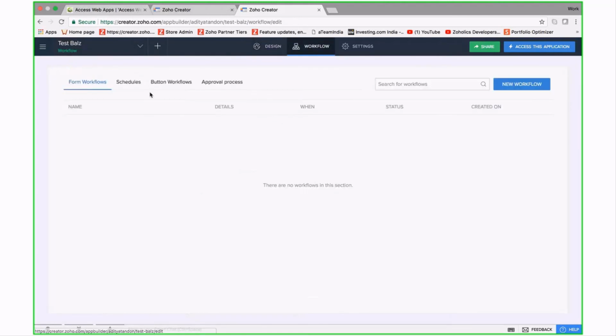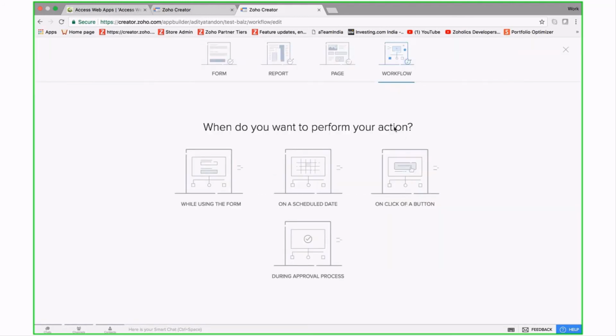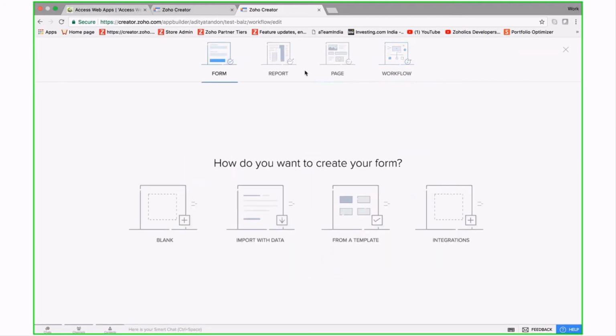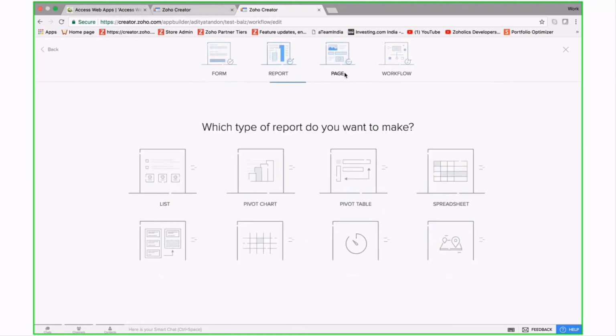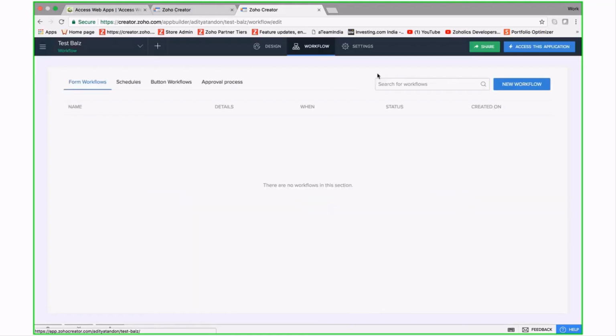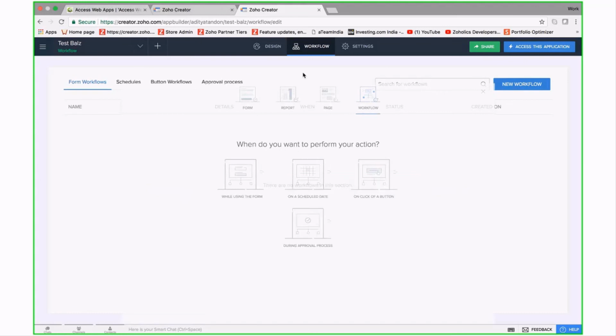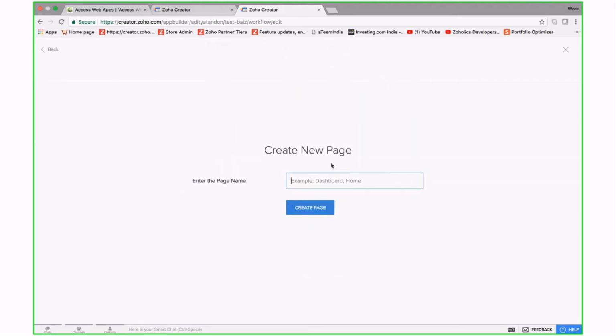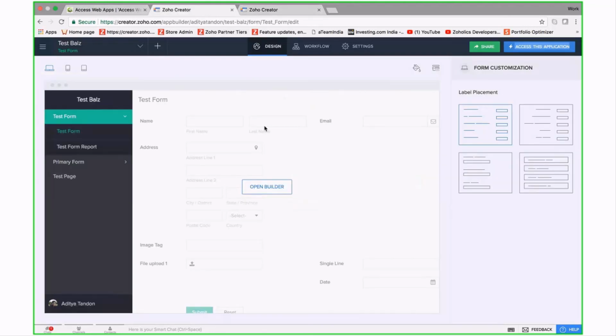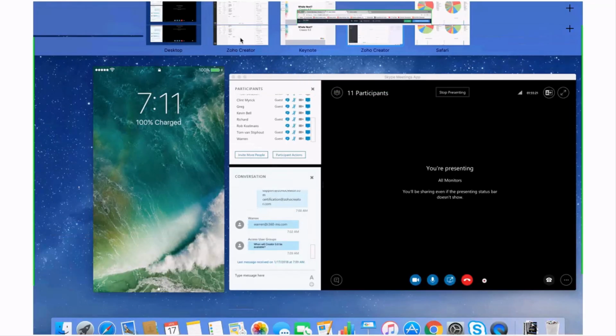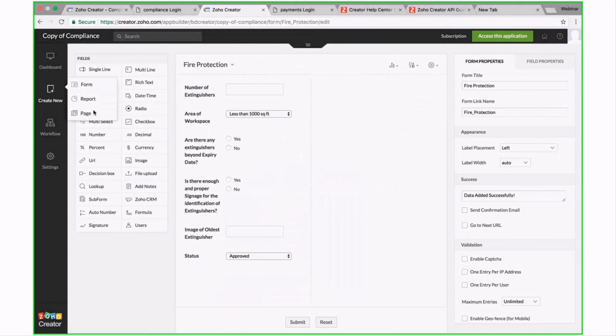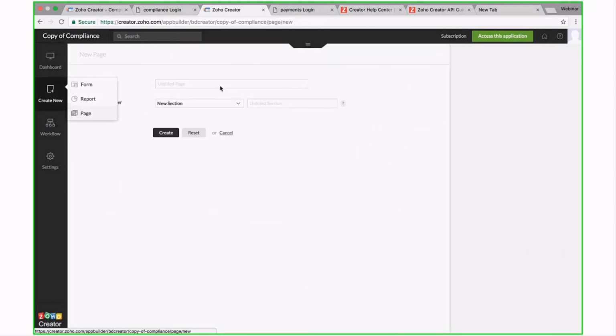Coming to the workflow, typically we had three major components, but now you can see that we have got the form, report, page, and the workflow separately. But what I'm going to do is just click the page once and show you what the page is. In the case when we were using pages earlier, if I have to come here and create a new page, when I create a new test page on Creator